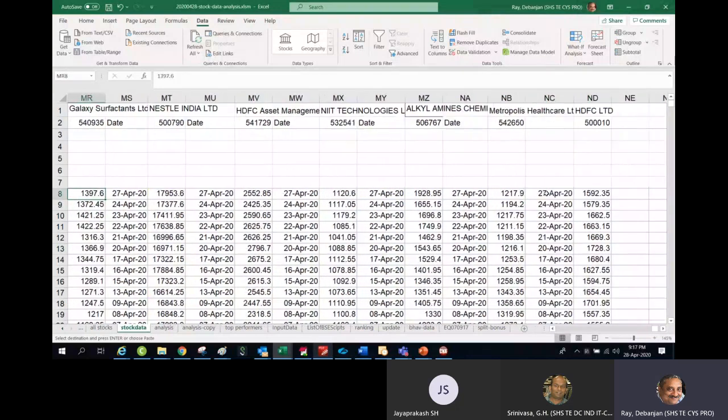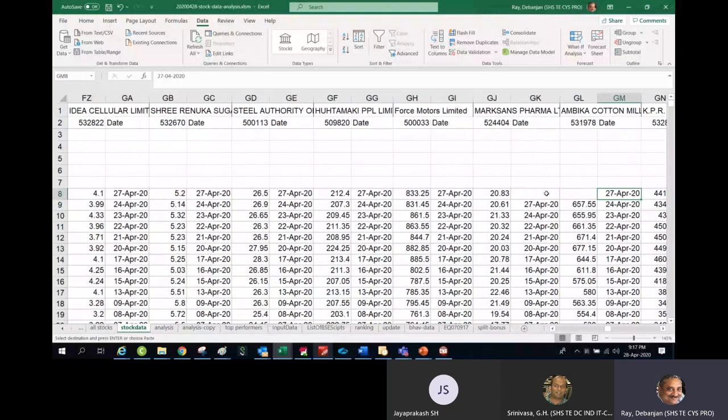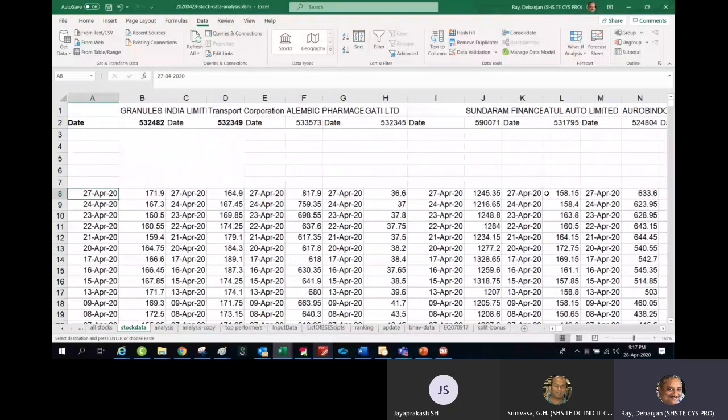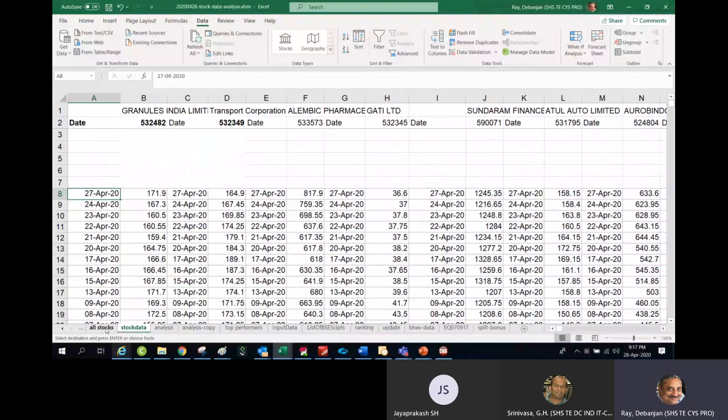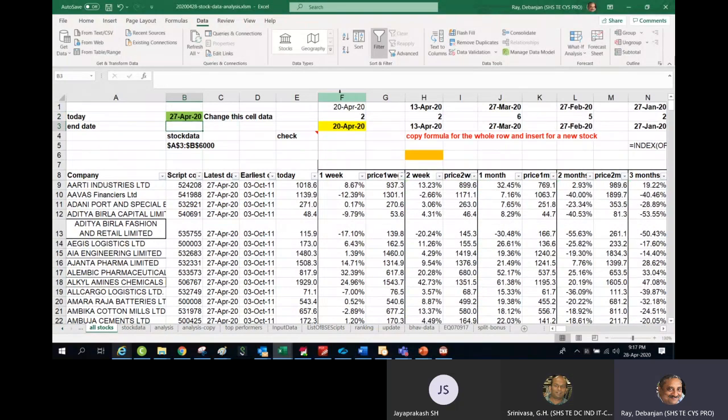Okay. Now my job is done. I do not have any problem of a data gap. So when I come back here, to all stocks, I can see the data is now 27th April. But here, this is the cell that I have to change. So I'll go back and do the 27th. You will see immediately these values will change. Now my job is almost done.